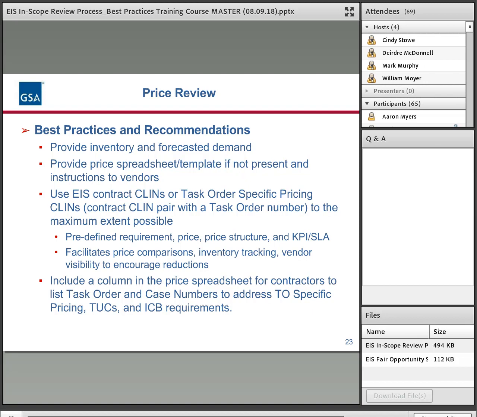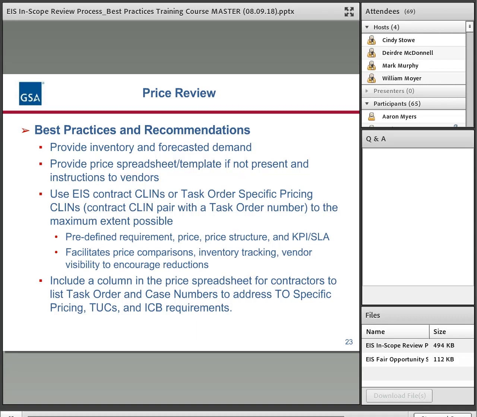Another best practice is providing a price template. We think that's highly important, that it provides consistency in what you receive back from the vendors. Remember, you could have, I guess we're up to 9 now, vendors. So providing a price template will ensure that consistency back to you.